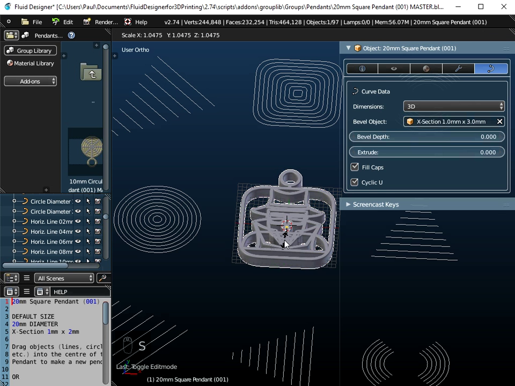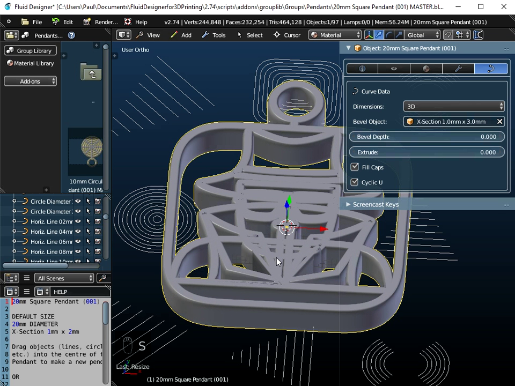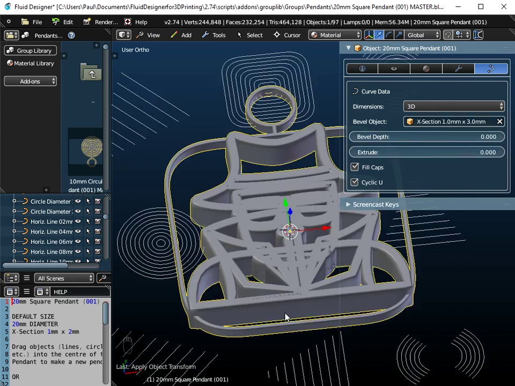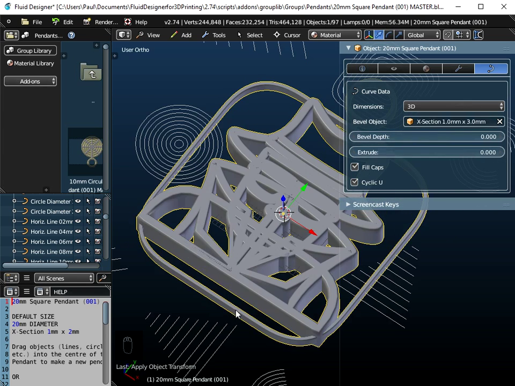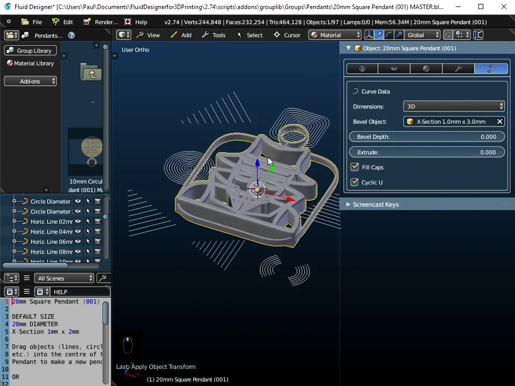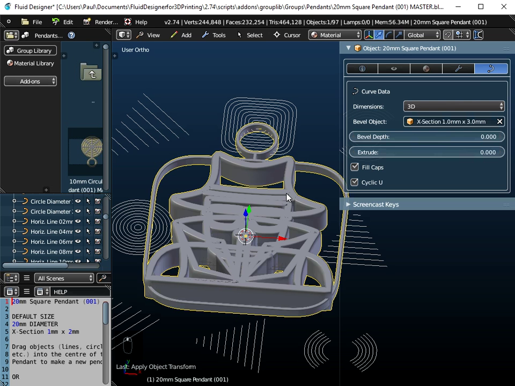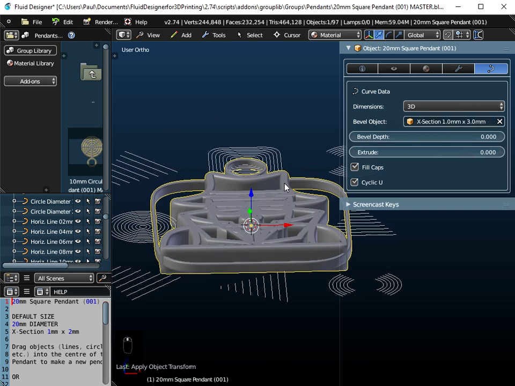However, if I try S on the keyboard and scale this up and do Control A and apply the scale, notice that the detective didn't resize properly. The detective's not in fact a parametric smart object like the pendant itself, and that is because the detective, when it's imported from Inkscape, is just a Bezier curve. If you want to change it to a smart object, watch one of the other of our videos on YouTube. Just Google parametric smart objects with Fluid Designer and you'll see how you can change the detective into a smart